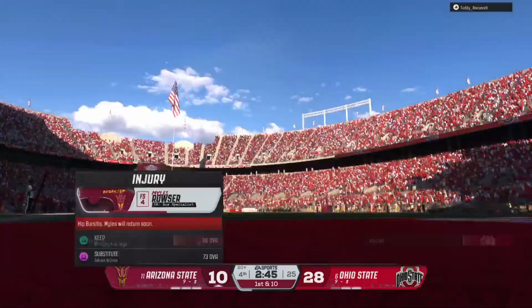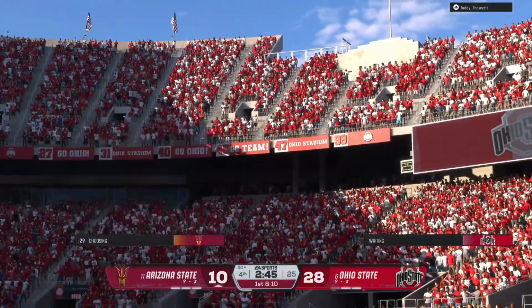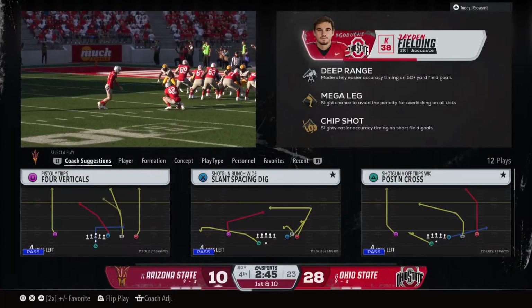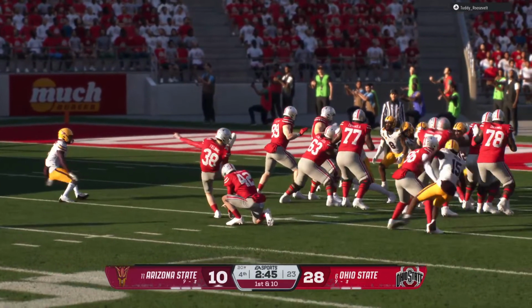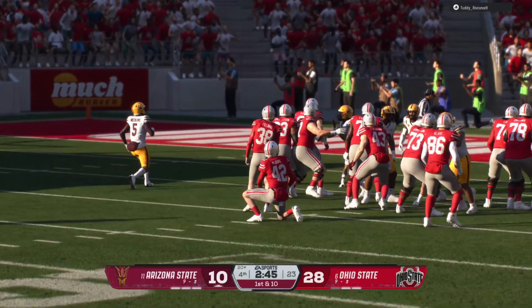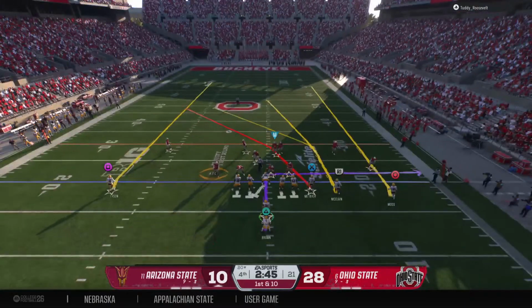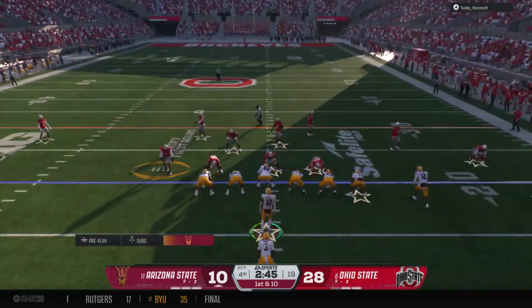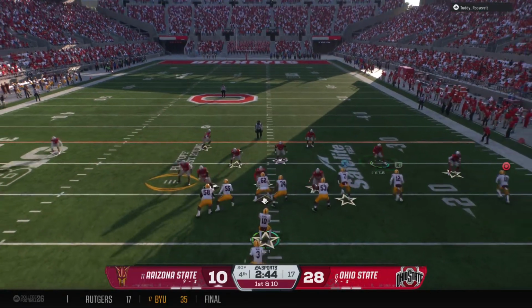Oh, and he missed it. The kick is no good. And the lead remains at 18 after the miss. Boy, this guy's usually more reliable than this. I thought that was going to be an easy field goal and 3 points, but instead he misses, so you walk away with nothing.